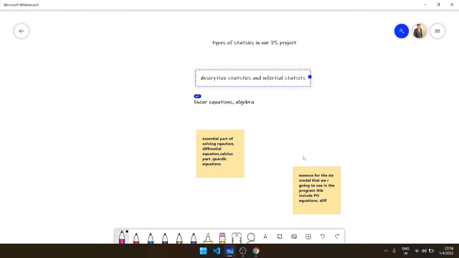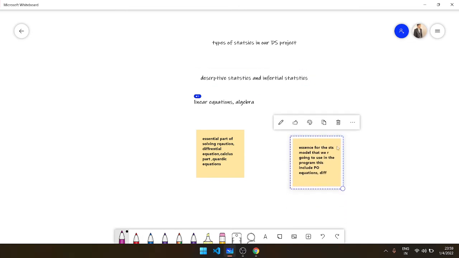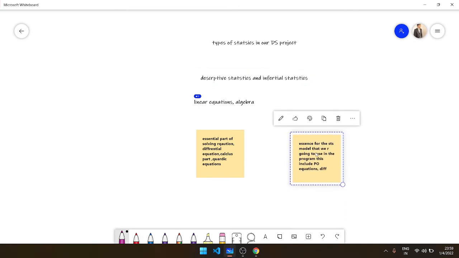Now coming back to inferential statistics. Inferential statistics is used when you want to take inference from something, and when we want to use it as the data is presented. So we mainly use inferential statistics just to justify ourselves from the scenarios exactly as they have been replicated. It's the essence of the model that we are going to use in programs,